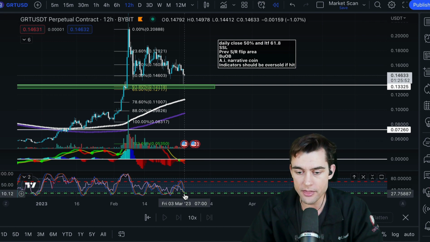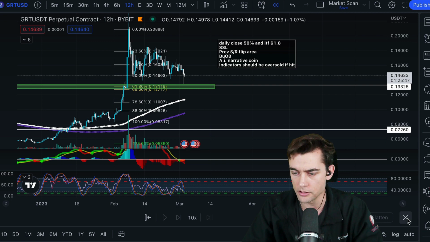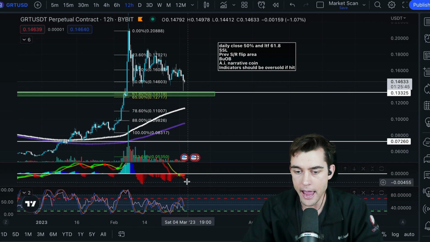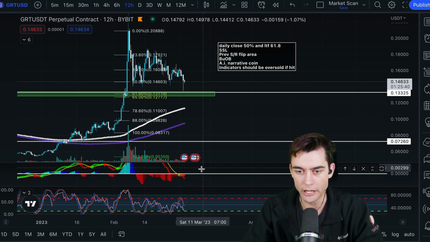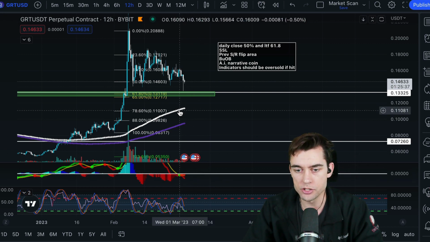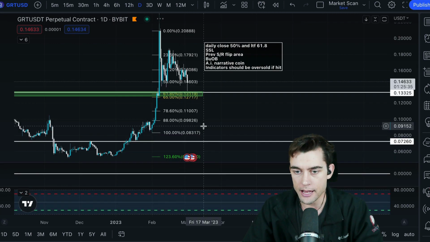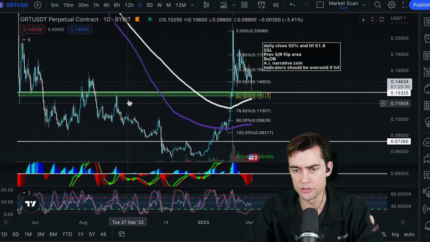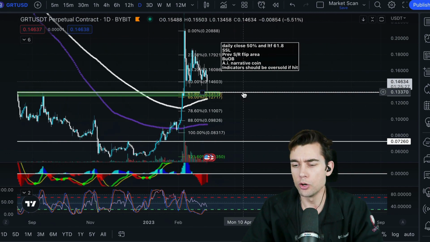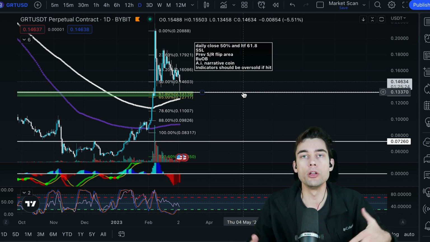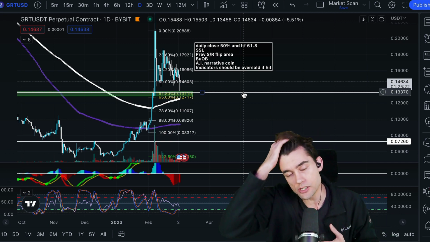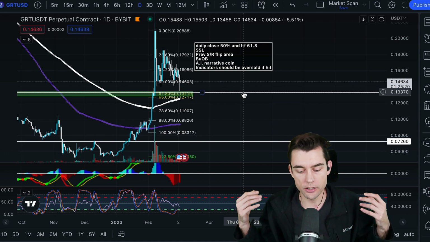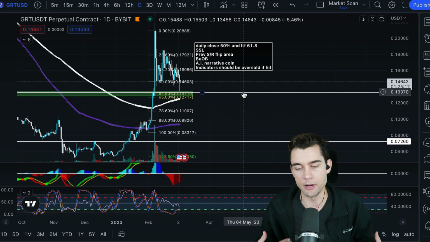Plus, if you look at the indicators, if this comes down just a little bit more, you could see that the RSI and the stochastic RSI are going to be in oversold territory, and the MACD is probably going to come down a little bit more, and then it could potentially move up. Plus, they have the 200 EMA and 200 MA down here as well. The 200 MA, or 200 EMA, really, really good. So there's a lot of confluence, and that's what I look for when I trade. These are all the things that come together and make good trades, in my opinion.